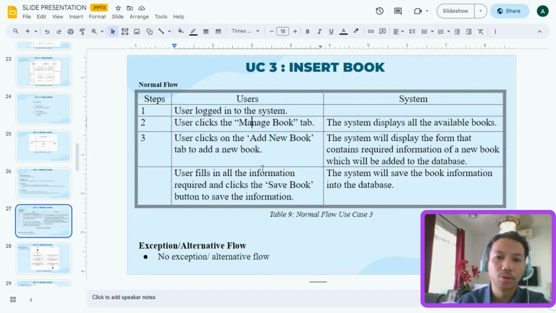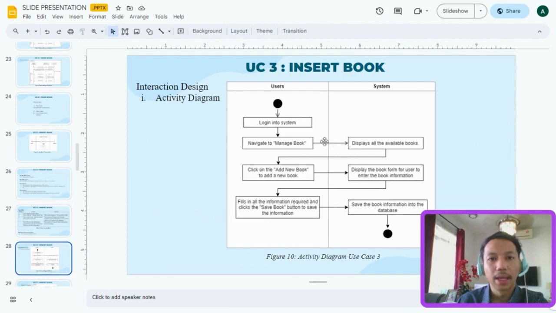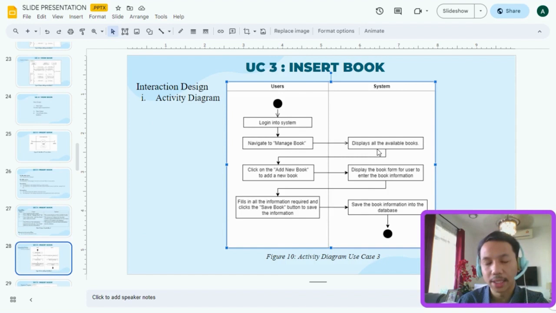So they can just go to Manage Book, the Add New Book tab, and the system will display a form containing the required information. And once they key in all this information, they can just click on Save Book, and the system will save the book information in the database. And this is the interaction diagram, which is the activity diagram. So of course they need to log in,